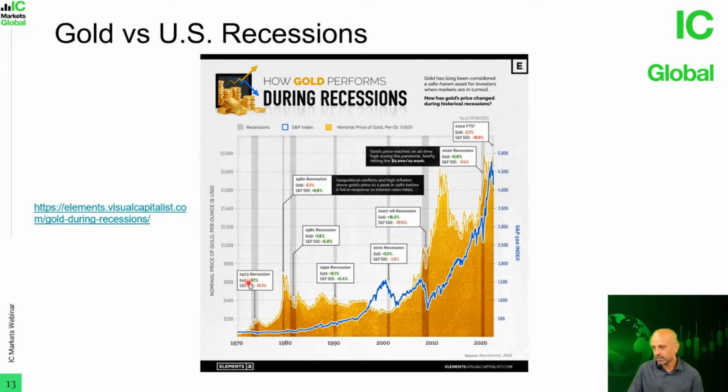As you can see, in 1973, during the recession, gold prices rose, coming as high as almost $200 an ounce. So during the 1973 recession, gold prices actually performed well and was a good hedge against the US recession, with gold gaining 87%. Now, in the 1980 recession, you can see gold did not function as a good hedge against the recession. It actually rose very strongly before the recession, and as the recession started, it actually lost 5.1%.